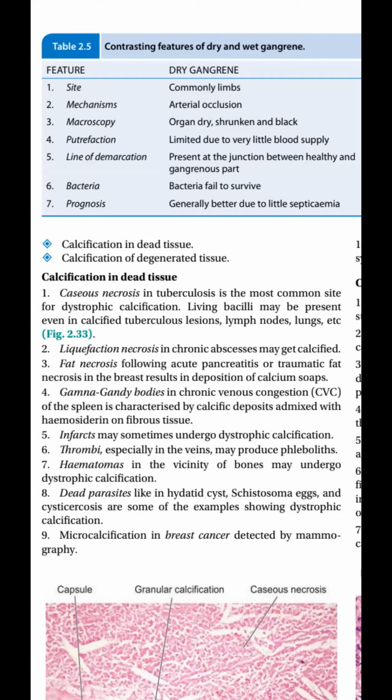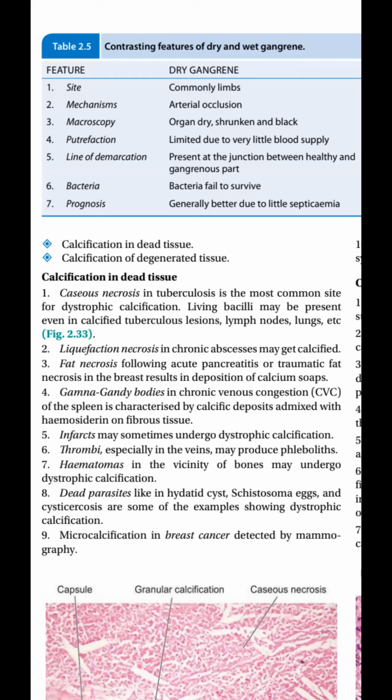Now the other one is metastatic calcification. This is due to hypercalcemia, meaning too much accumulation of calcium. Metastatic calcification occurs in normal tissue due to hypercalcemia, caused by either of the following. First is excessive mobilization of calcium from the bone, and the other would be excessive absorption of calcium from the gut. So the reasons would be